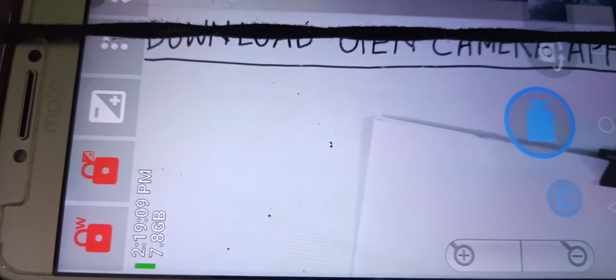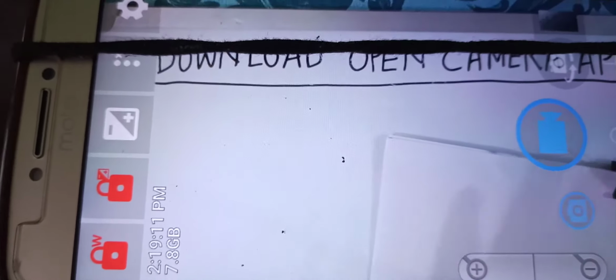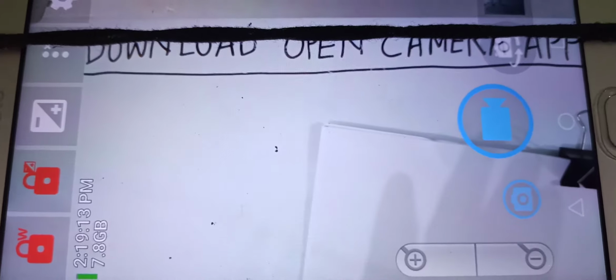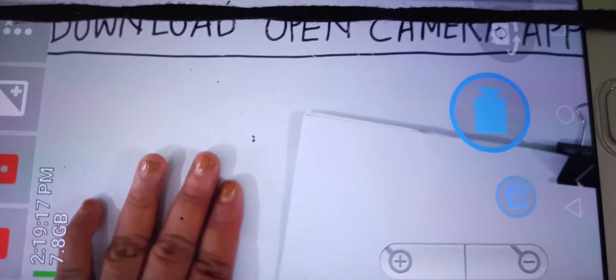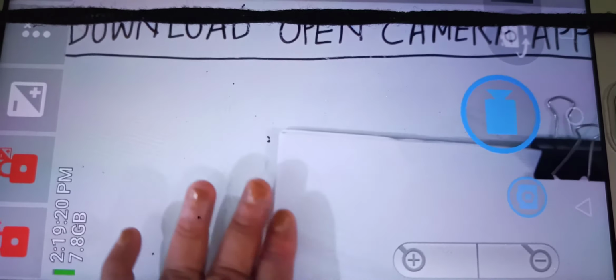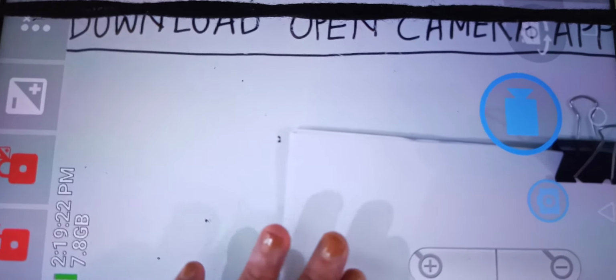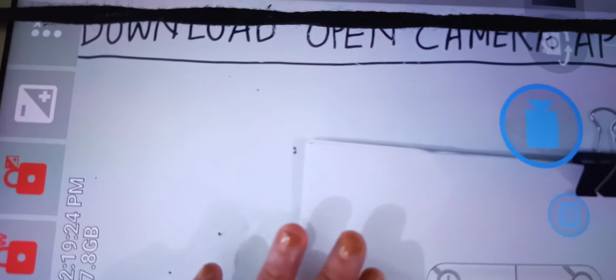So when you are satisfied that your content is clearly visible and focus is clear, and you don't need any zoom in or zoom out, then you can start teaching.